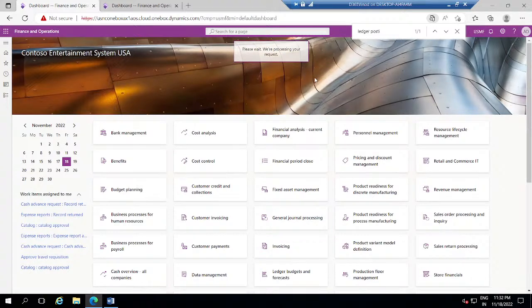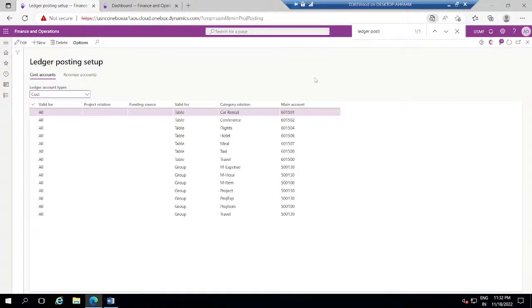In this ledger posting setup, we need to map the main accounts for cost as well as payroll allocation to book the hour journal. So I'm booking this particular cost table, and